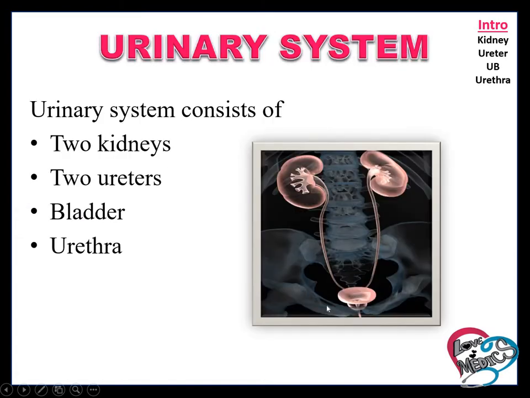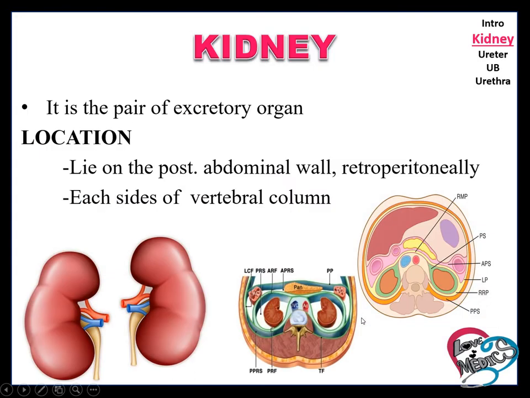The urinary system consists of two kidneys, two ureters, urinary bladder and urethra. Kidney. The kidney is a pair of excretory organs. Location of the kidney: it is a retroperitoneal organ, so it is not covered by peritoneum and lies on the posterior abdominal wall on each side of the vertebral